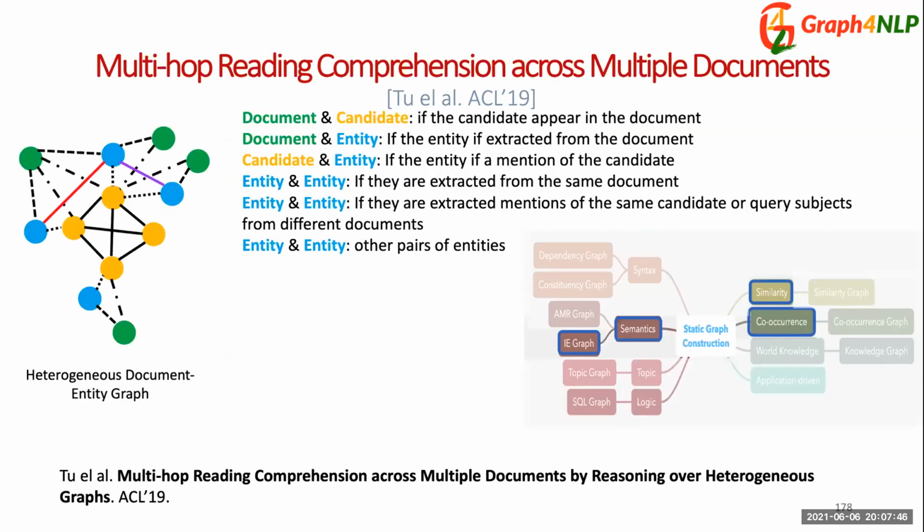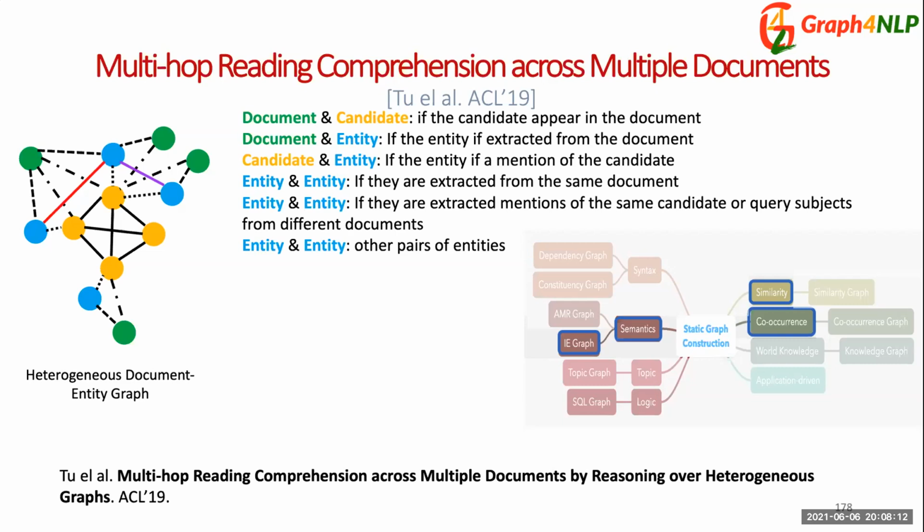So the actual graph you can see here has different types of nodes. It also has many more types of edges. On the high level, there are 7 types of edges. Between document and candidate, if the candidate appears in the document, there is an edge. If an entity is extracted from the document, there is an edge. If an entity is a mention of the candidate,